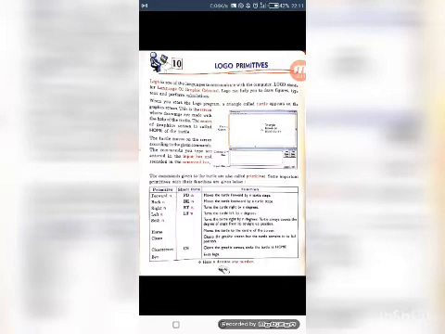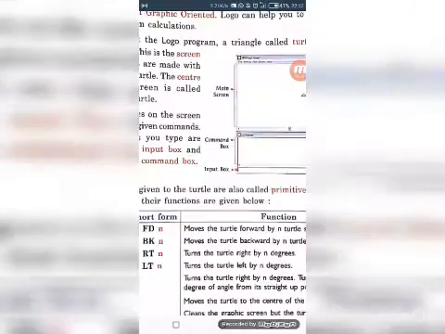Before that, today I will introduce you to the MSW logo and will teach you how to work with logo. When you start the logo program, a triangle called turtle appears on the graphic screen.